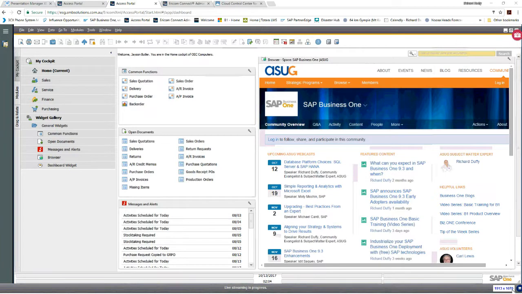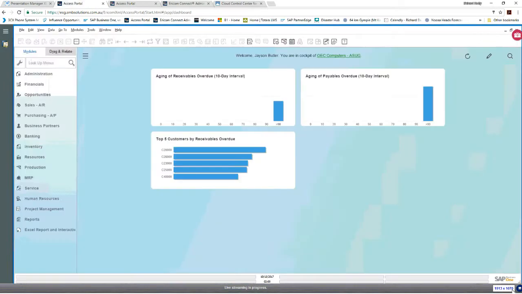I also have running in another screen my SAP Business One version for HANA, and that is version 9.2. So one of the things that I'm going to talk about with you today is what are some of the things that really make these two platforms different, and some of the things that are important to consider from your perspective